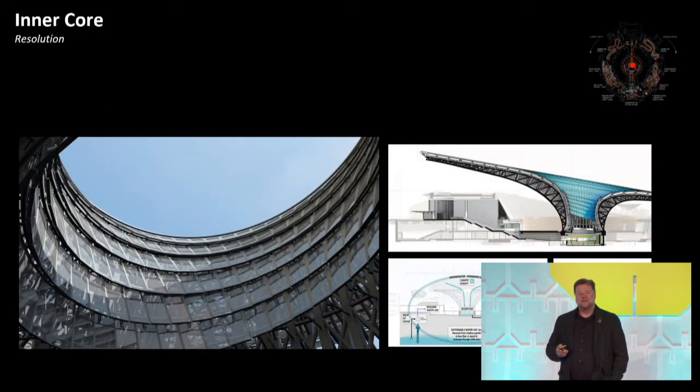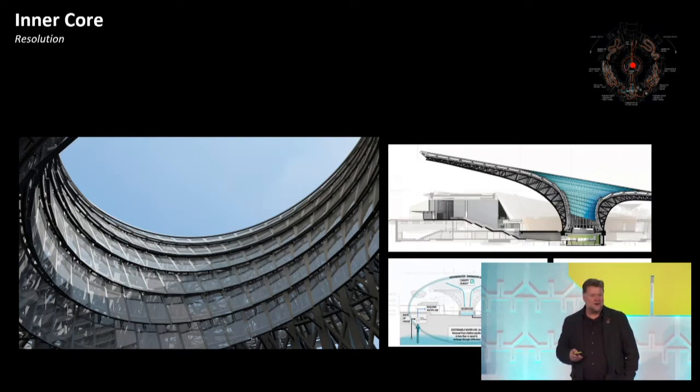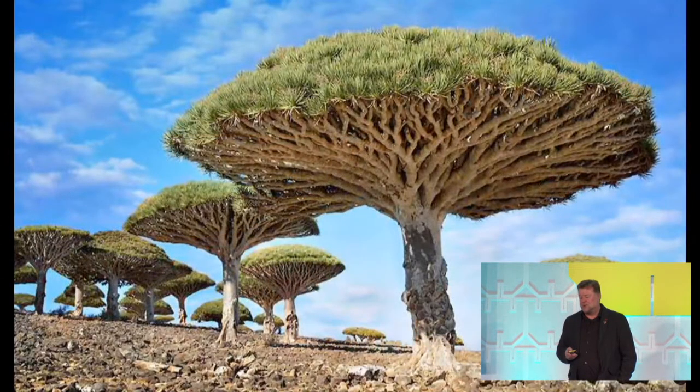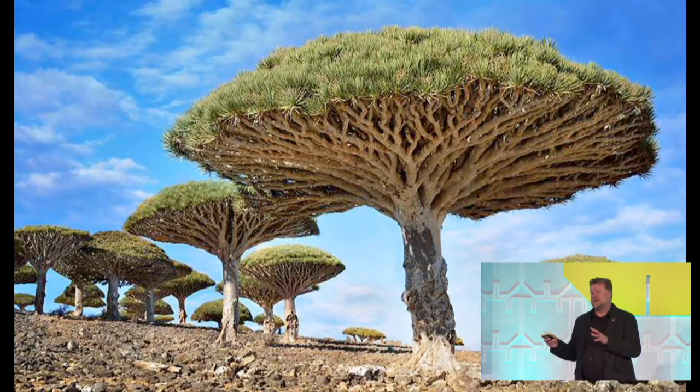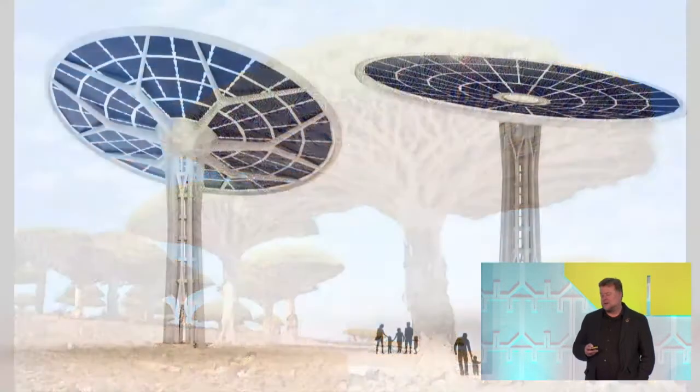And around the buildings, we were inspired by these dragon blood trees from the southern Arabian Peninsula. They have a waxy leaf that can actually pull water out of the air, but also shade the space below. And so we've developed these E-trees. And the great thing is that both these and the roof canopy were all built about 10 minutes away from the site. So these are made of carbon fiber. They're very light.